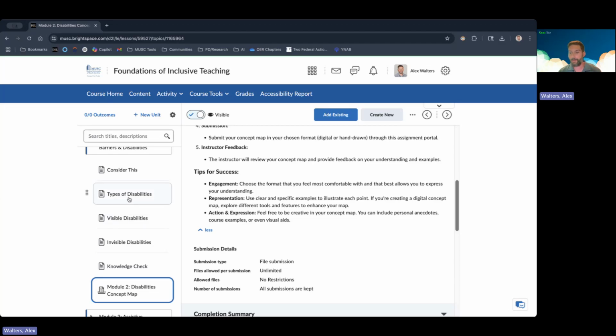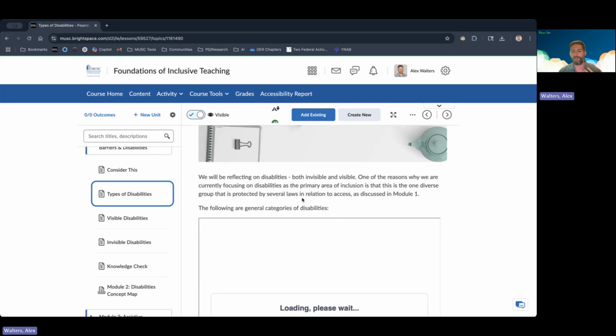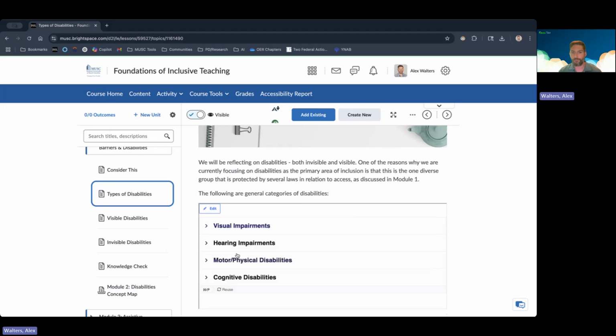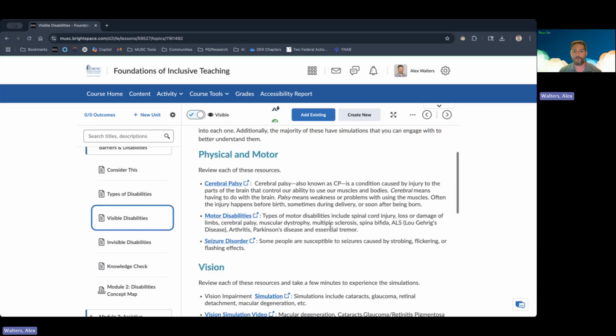And then finally, representation is all baked into this, but I wanted to mention that we included several things. Obviously, we included some H5P activities, which helps with representation. We obviously have some text work. There are also several links that went outside the course that provided simulations on what to expect around disabilities. And again, this was just for Module 2. But we had different types of media. So we did have videos and audio clips that were available as well. So we made a point to be sure that we had a variety of formats for learners to engage with